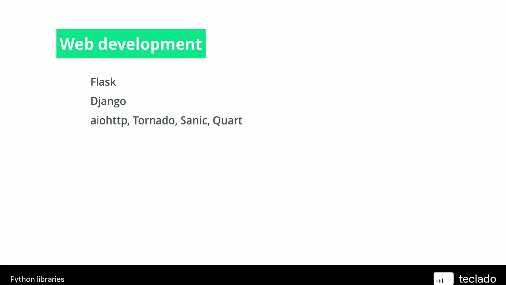Sanic and Quart are two new frameworks that actually don't have a lot of popularity yet, but they have been developed to be simple frameworks for web development that are asynchronous. They very much are similar to Flask in that regard,